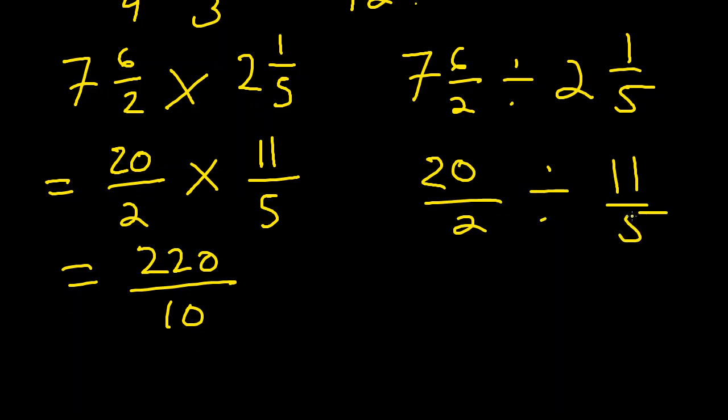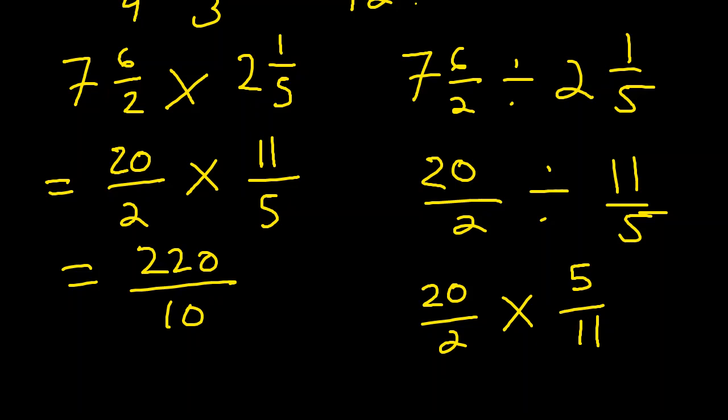Now, what do we do from this step? Well, remember, to divide fractions, we have to multiply by the reciprocal of the second fraction, right? So that gives us 20 over 2 multiplied by the reciprocal of the second fraction. The reciprocal of the second fraction is 5 over 11. Okay, so we essentially changed the division problem into a multiplication problem, but that's okay because this is how we